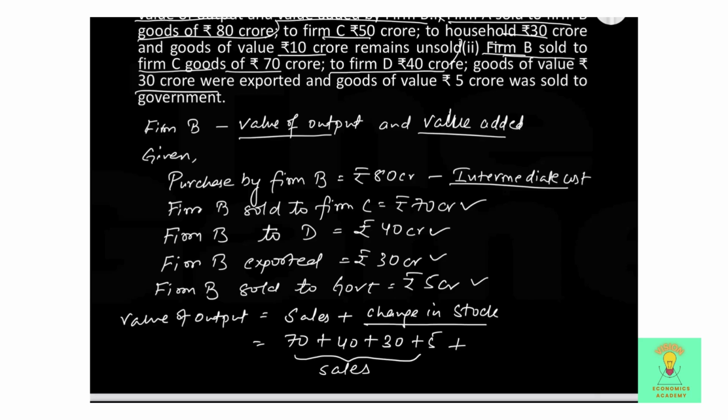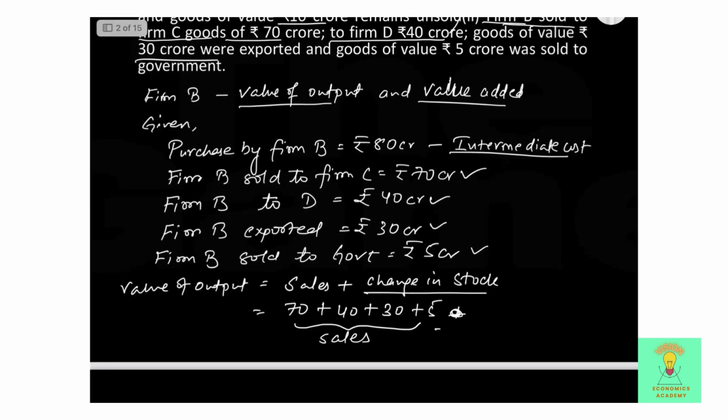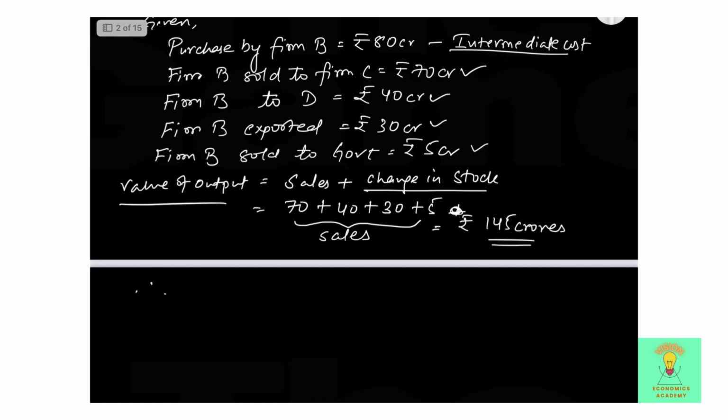So we will just add all this. 70 plus 40 plus 30 plus 5 will give us rupees 145 crores. So that is your value of output, right? So therefore, value of output is rupees 145 crores,